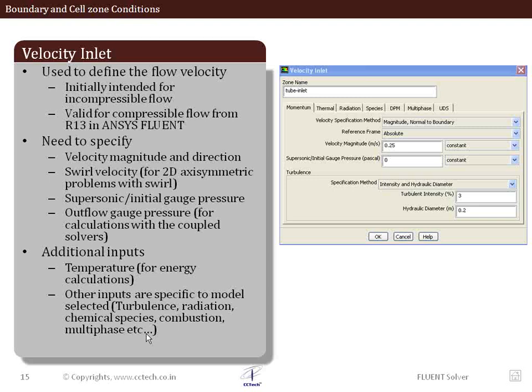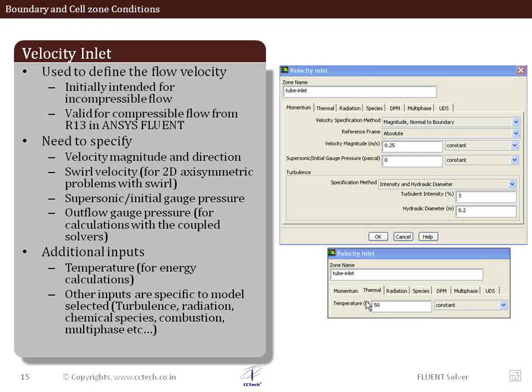It is inspired by the practice which is followed in ANSYS CFX. Usually you need to specify the velocity magnitude and the direction, and if it's a 2D axisymmetric case, in that case the swirl velocity can also be specified. In addition to the velocity magnitude and the direction, we also need to specify something called the supersonic or initial gauge pressure. I'll be speaking about this static pressure value in the next slide. Just hold on. And in addition to this, dependent upon the turbulence model or any other model that you have included, also